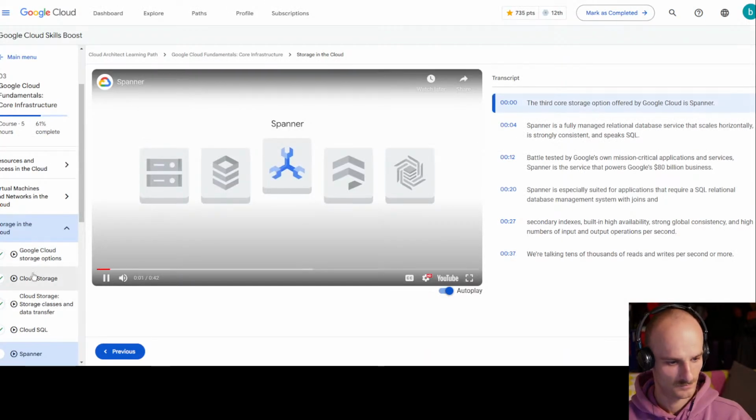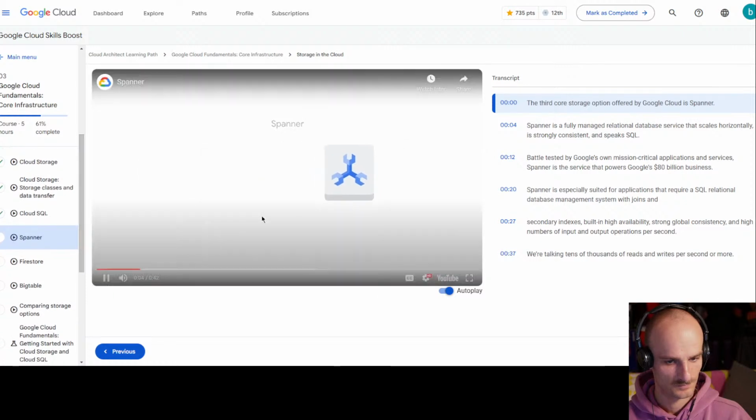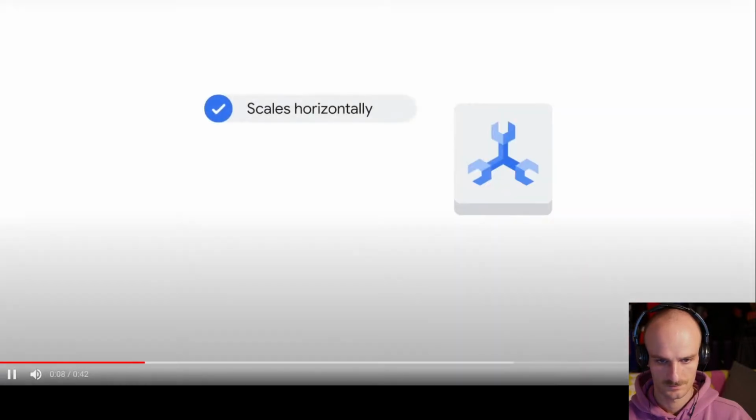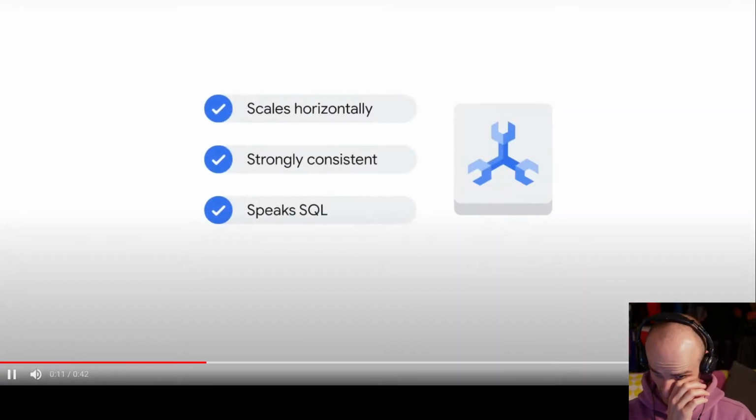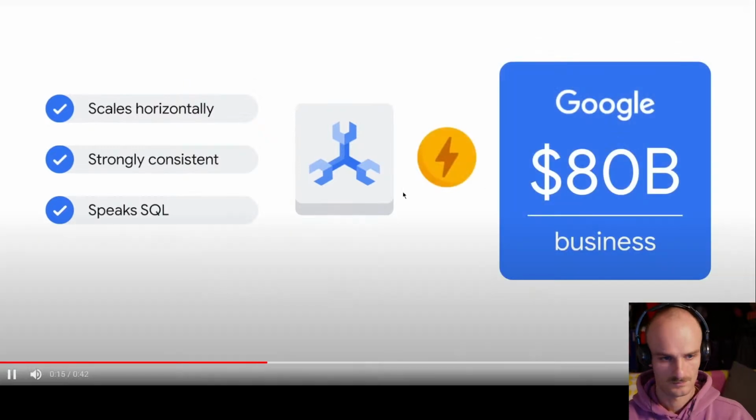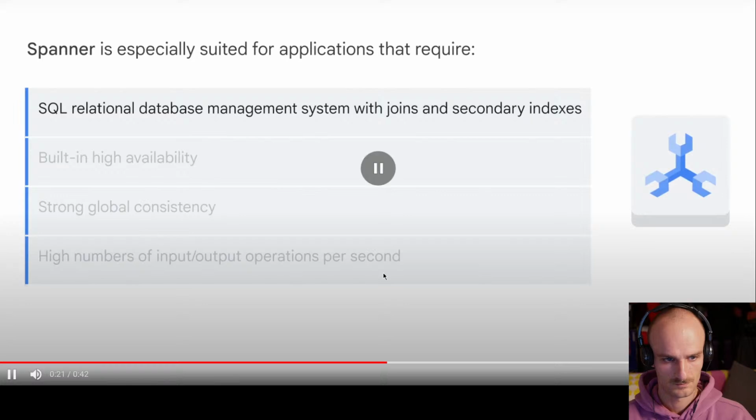The third core storage option offered by Google Cloud is Spanner. Spanner is a fully managed relational database service that scales horizontally, is strongly consistent, and speaks SQL. Battle tested by Google's own mission-critical applications and services, Spanner is a service that powers Google's $80 billion business. Spanner is especially